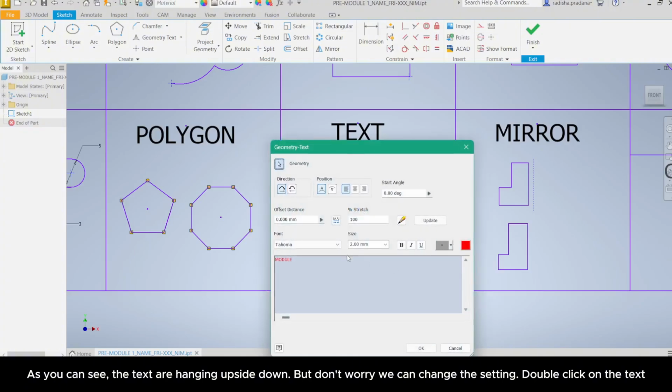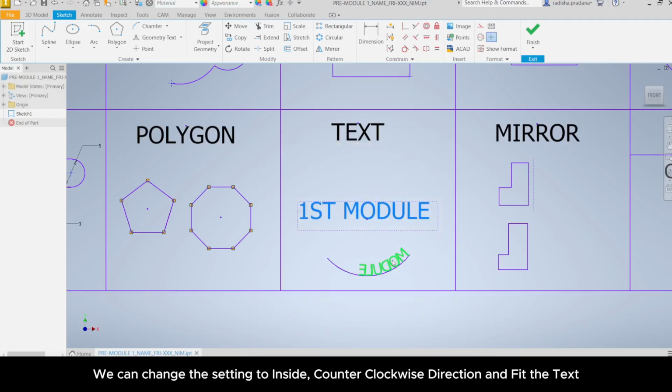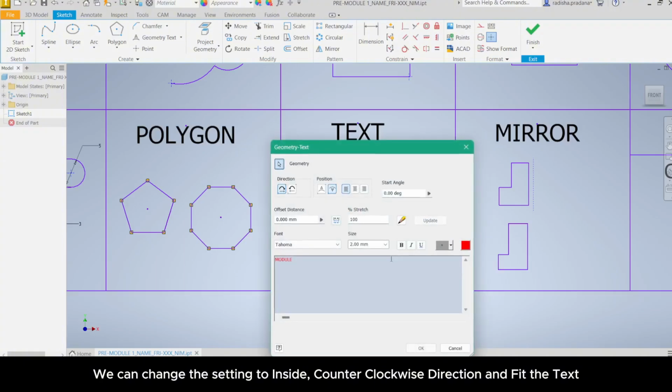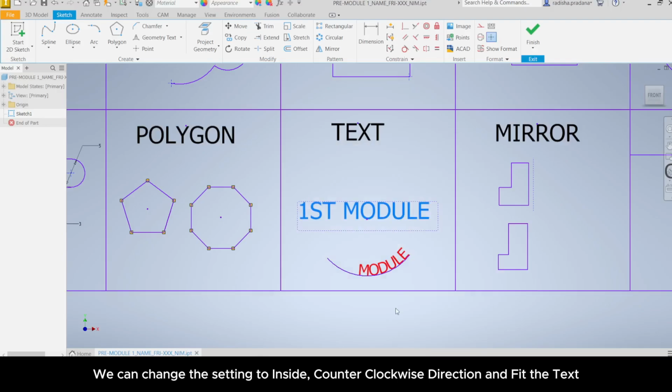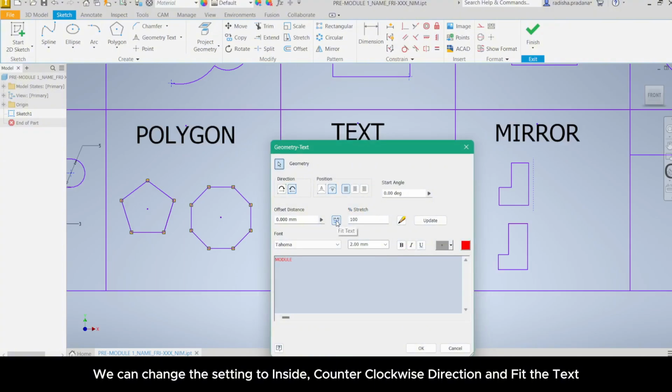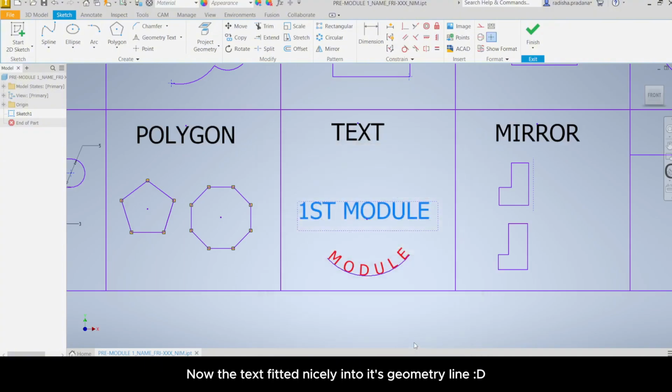Double click on the text. We can change the setting to inside, counterclockwise direction, and fit the text. And tada! The text fit nicely into its geometry line.